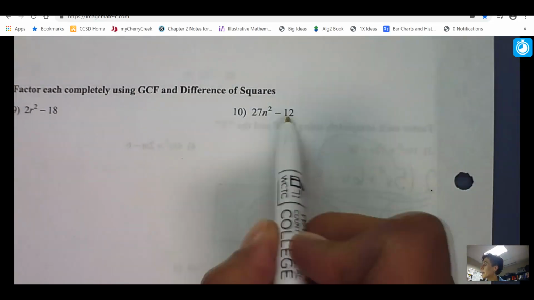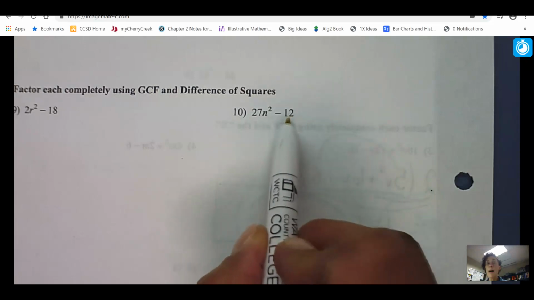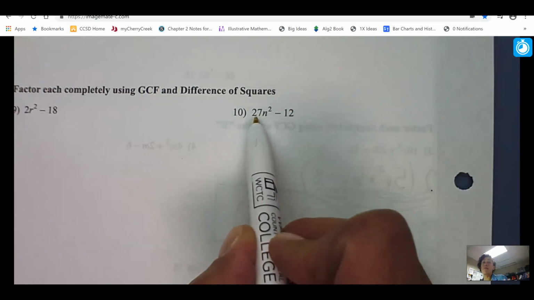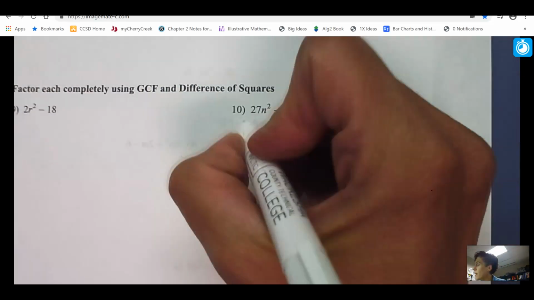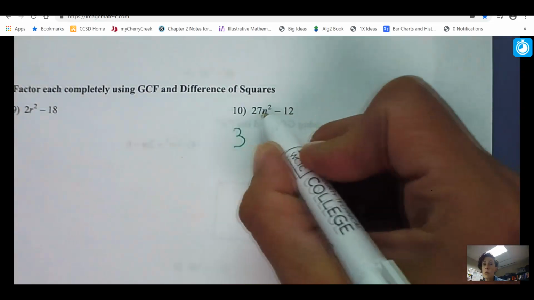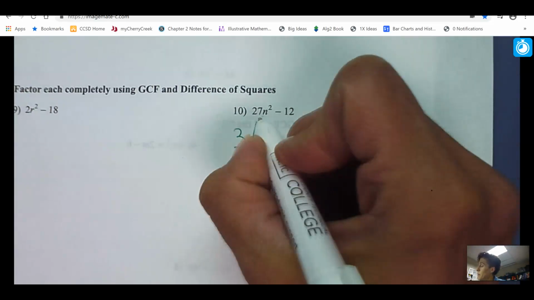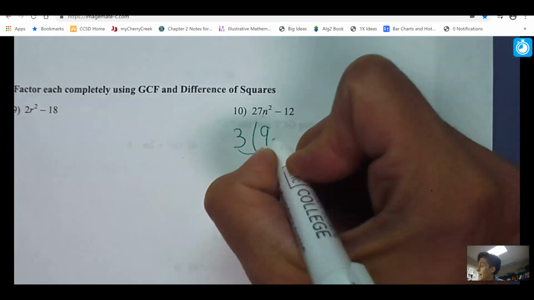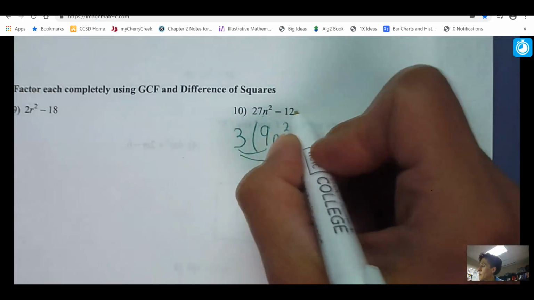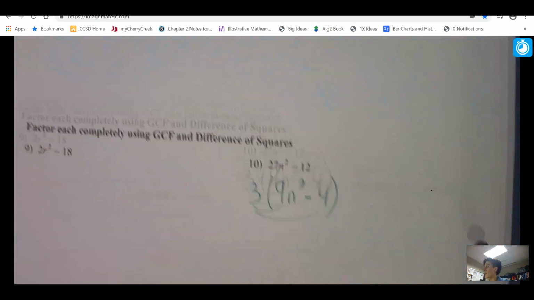So the first thing I'm going to look at is what can I factor out? What is my GCF? And when I look at the smaller 12, 12 doesn't go into 27. So that means my number is even smaller than 12, and it is a 3. And this has an n squared, and this doesn't, so I won't take out any n's. So 3 times what makes 27? Well, that's a 9, and it still has all its n's. And 3 times what makes negative 12? Well, that's a negative 4. And so now going back to my cheat sheet,